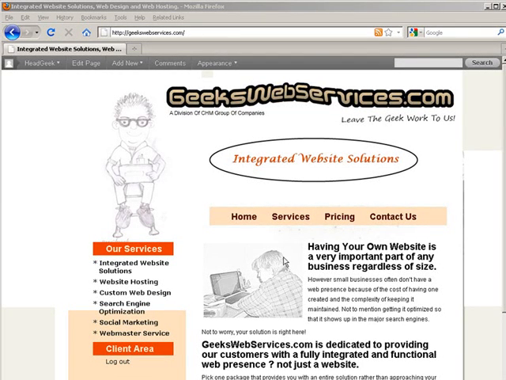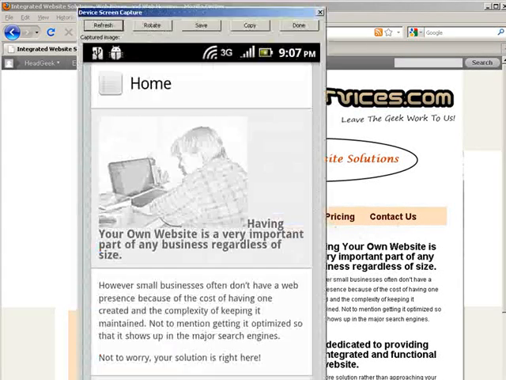So this is the version, of course, you see in your web browser. And this is the version that you see when you come in your cell phone. Okay, so in here we have all of our pages along the top. You see there where it says home. Well, if I click